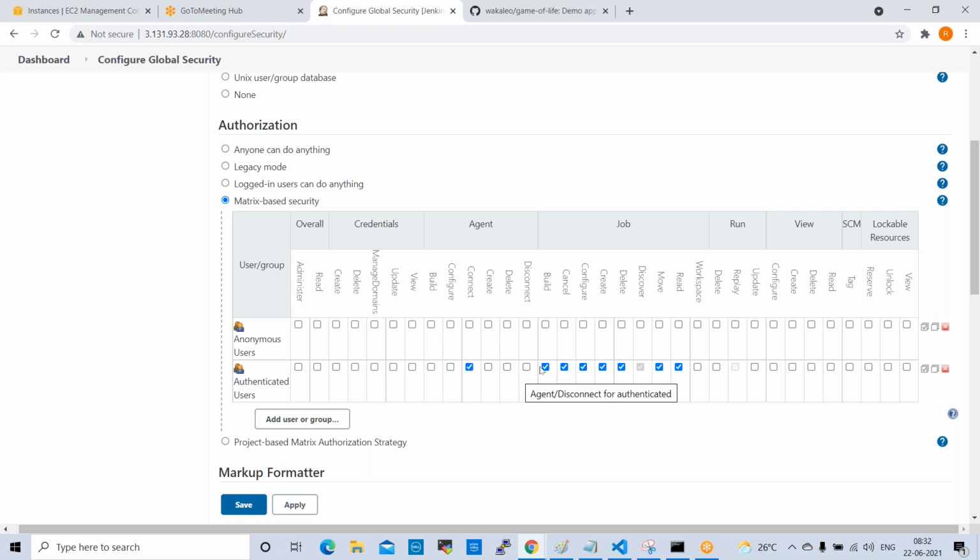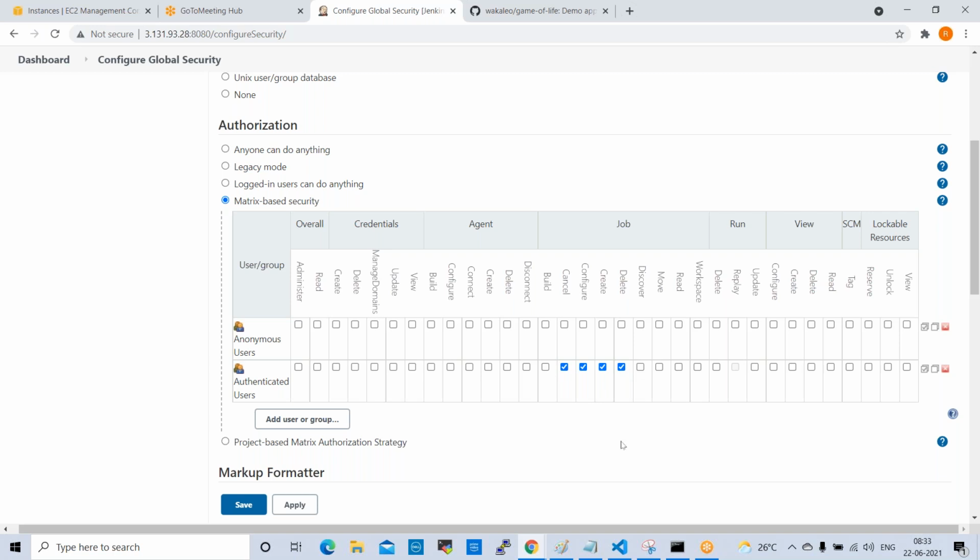If the person is a fresher or a 2 years experience guy, normally what we will do, we don't provide job configure, okay, we just provide monitoring. Monitoring is not available here, but at enterprise level we see just job monitoring. While running the jobs, he can monitor, that's it. Okay, so if the person has some experience, we can give access like create job, configure job, cancel job, and delete job. These 4 options we select.